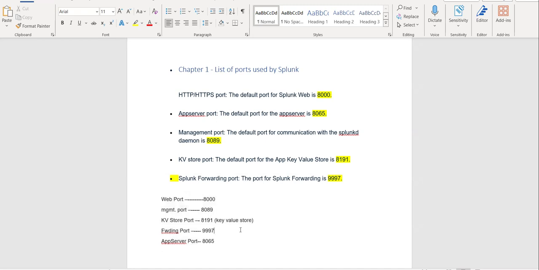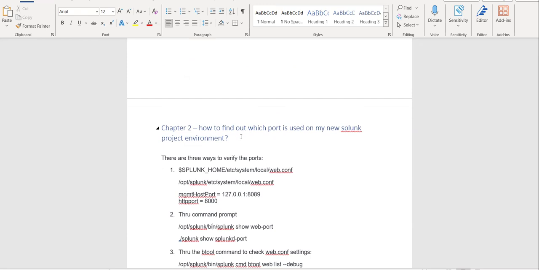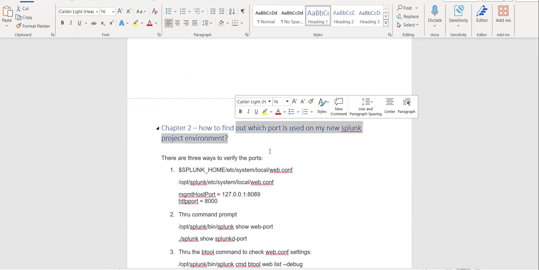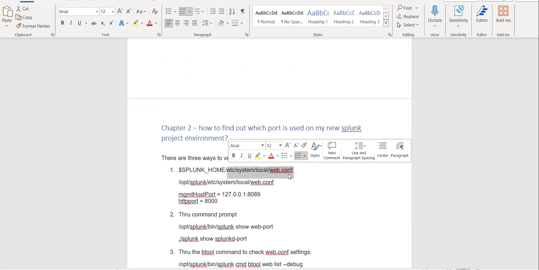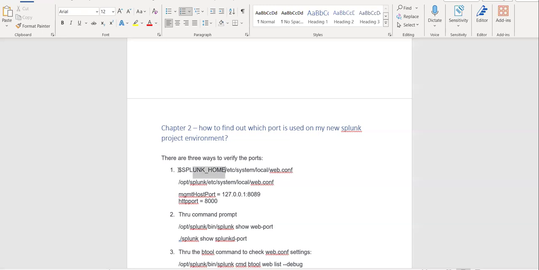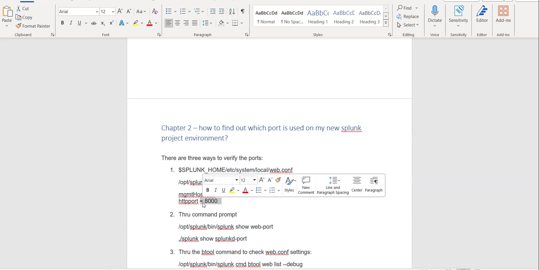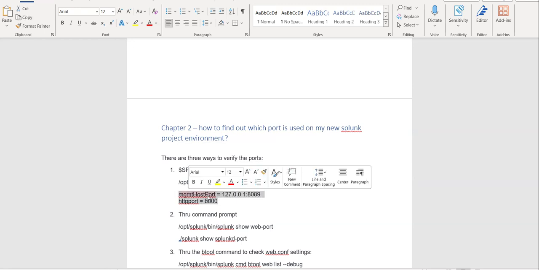Now let's move to how to find out which port is used by your new Splunk project environment. There are actually 3 ideas for how to find out. The first is through the config files. Under etc/system/local, there is a config file, web.conf. Splunk home means where Splunk is installed. For Linux, it is generally /opt/splunk. In this file, you will see the management port and HTTP port listed similar to this. That is